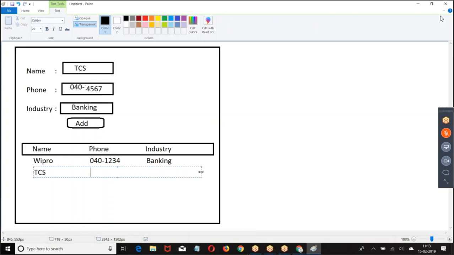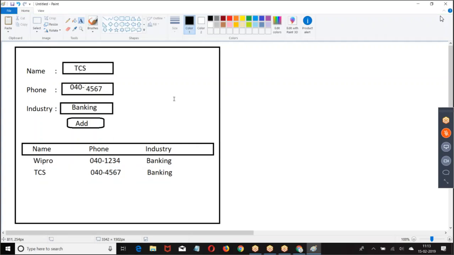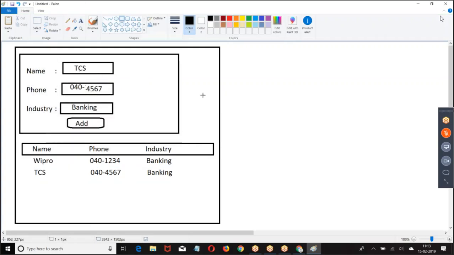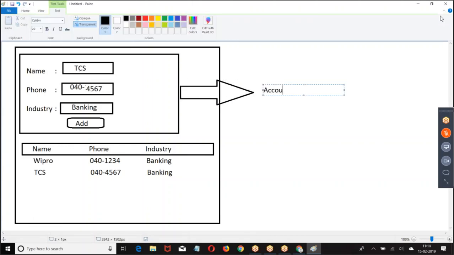Now to achieve this, tell me what we need to do. Can I take this as an account? Account ACC: ACC.name, ACC.phone, ACC.industry.